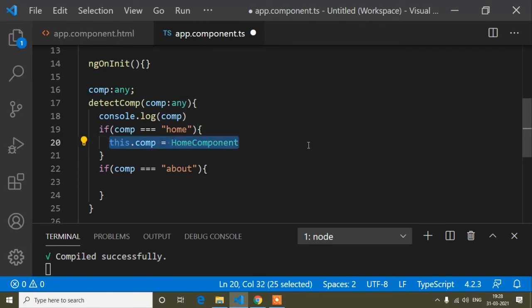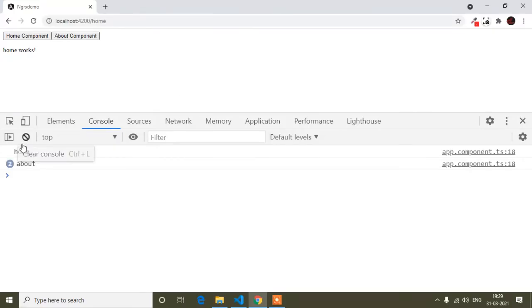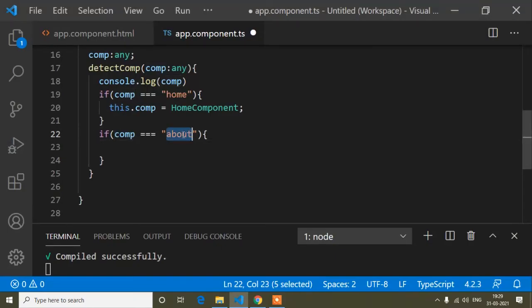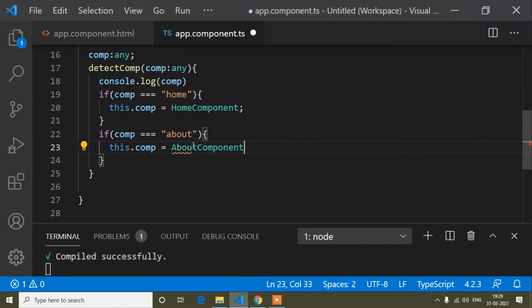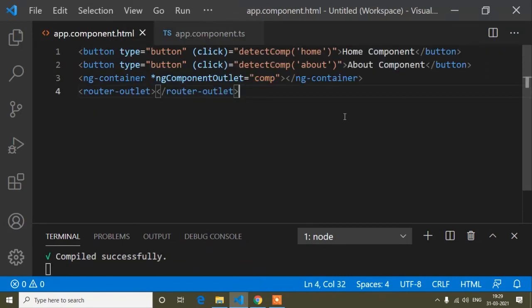And I will copy it, and when comp is equal to about, that means when I click the about button, you can see I'm getting the about component. So when I get comp equals about, that time I will show the about component. So I will save, and save here also.